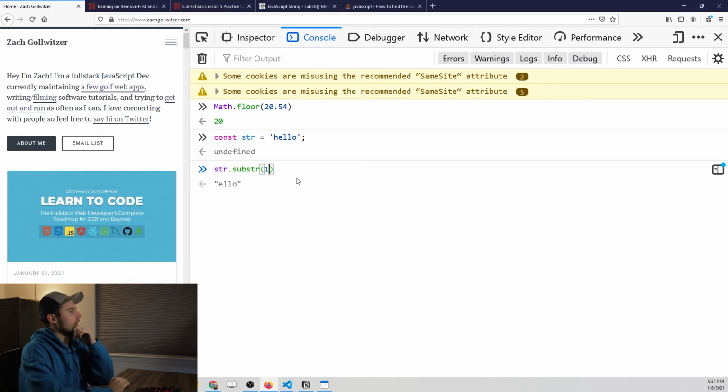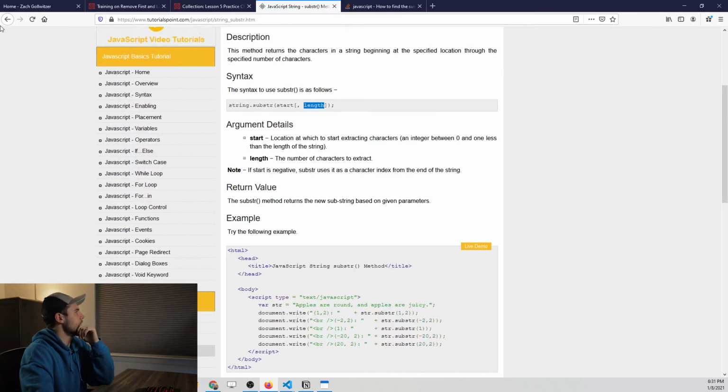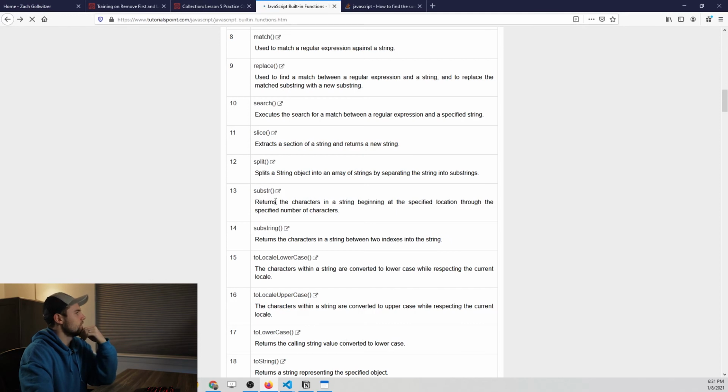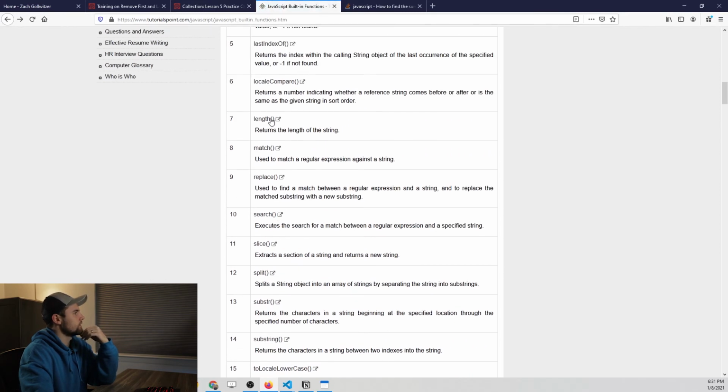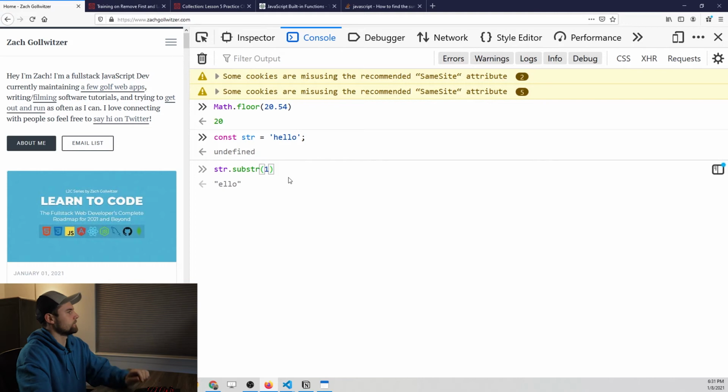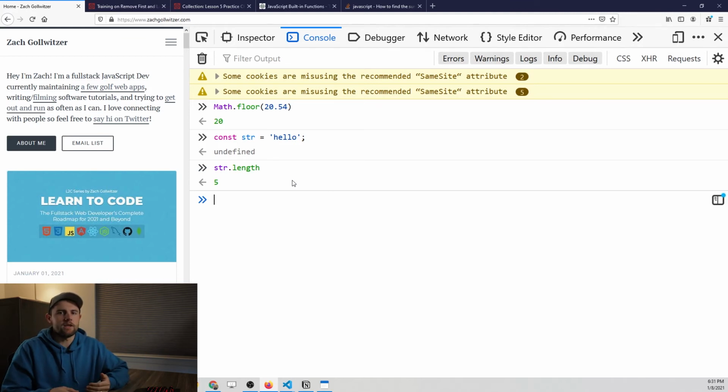And to find out how long the string is, I think there's a method for that, or a function. So there should be, yeah, string.length. So let's try that out. Let's get rid of this. And we'll say string.length is equal to 5. So if we know the length of the string, and we know that the string starts at an index of 0, we then know where our substring is. So all we have to do is say